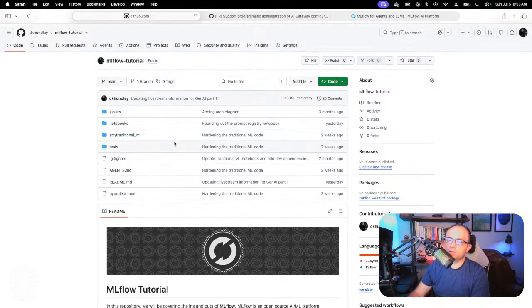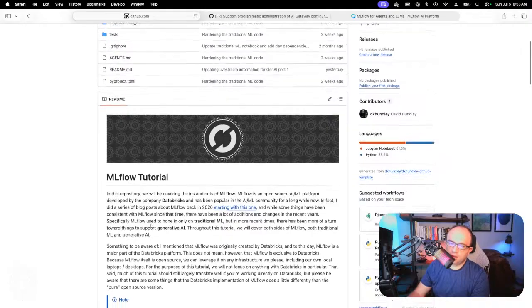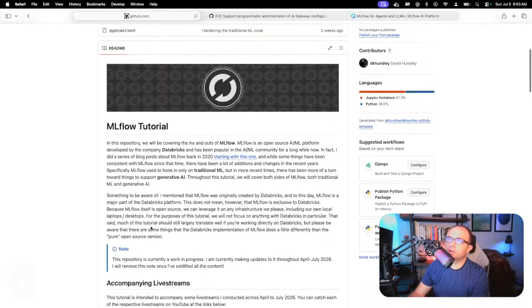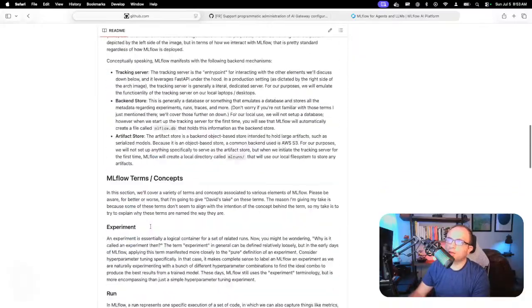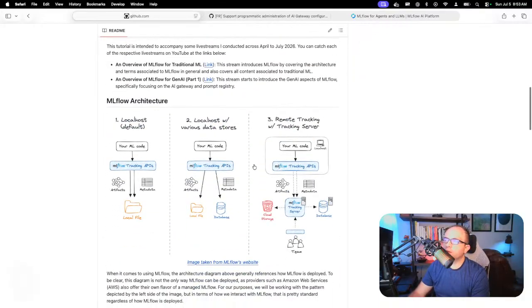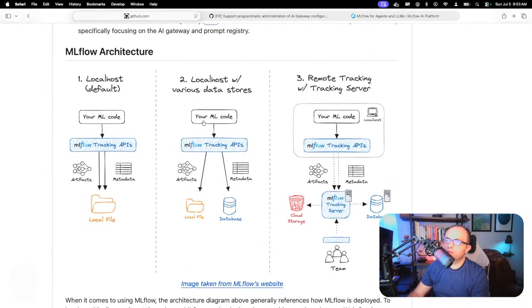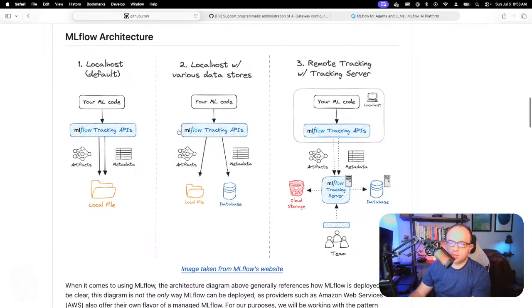It's called MLflow tutorial. And then you can see here in this README that it gives a conceptual overview of all the things that we'll be covering. But what I want to focus on specifically is first the MLflow architecture. Just as a reminder, there are three flavors of the architecture here, the right side being probably the most robust of the three, where essentially on the back